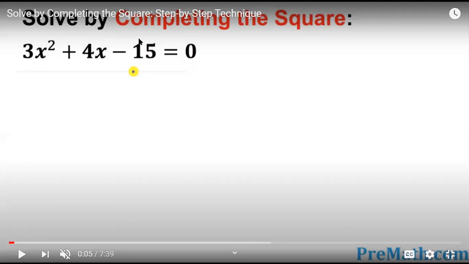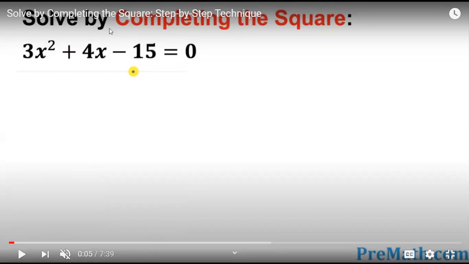In the previous lesson we learned the factorization method for solving quadratic equations, but most equations cannot be solved by factorization, so we need to find more ways to find the solution set of the given quadratic equation. For this purpose we have another method or technique, called the completing square method.